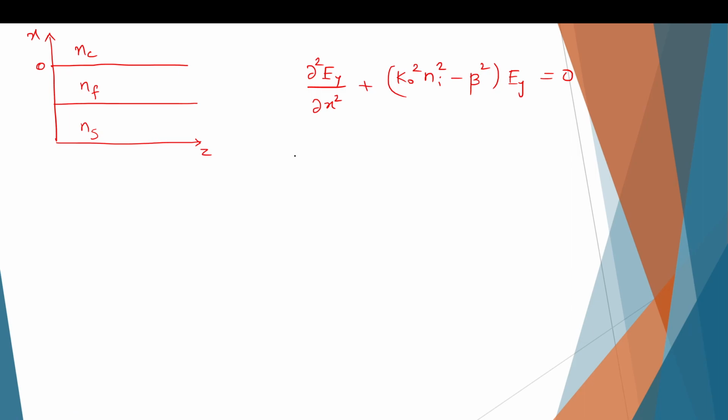Okay. So here there are 2 conditions, right? Either beta will be greater than this or beta will be smaller than this number. So say my beta is greater than k naught ni. If beta is greater than k naught ni, that means this will be negative. So if this term is negative, then I'll just write it down, dou square Ey by dou x square